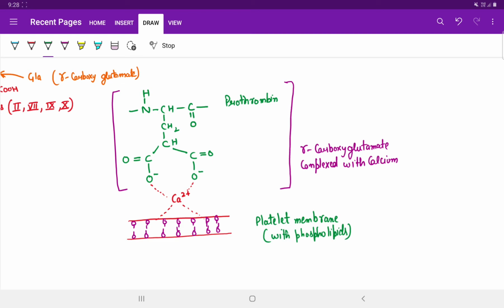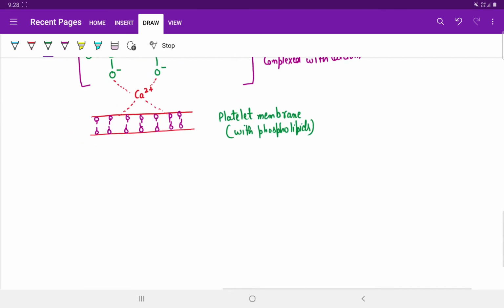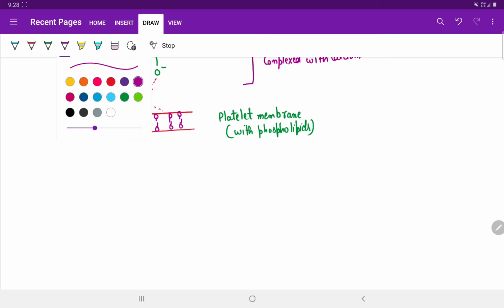So here you can see how the blood clotting actually occurs. So what happens in the deficiency? The deficiency of vitamin K is uncommon since it is present in the diet in sufficient quantity and it is adequately synthesized by the intestinal bacteria. So through the diet we can say there are various dietary sources from which it can be easily obtained.